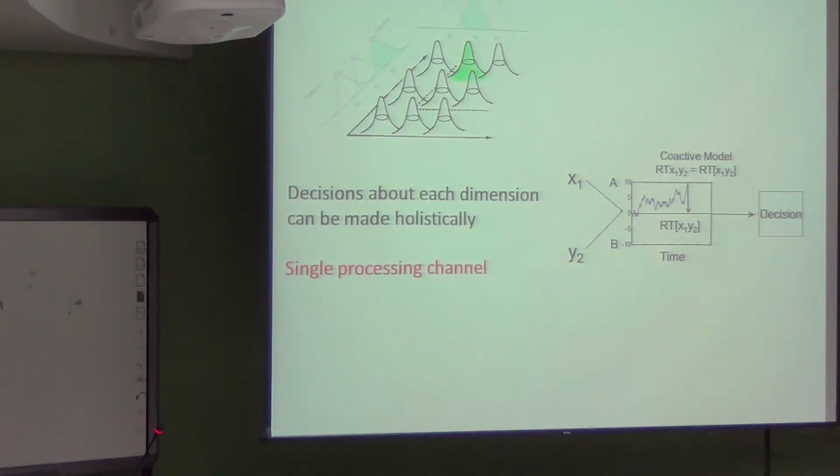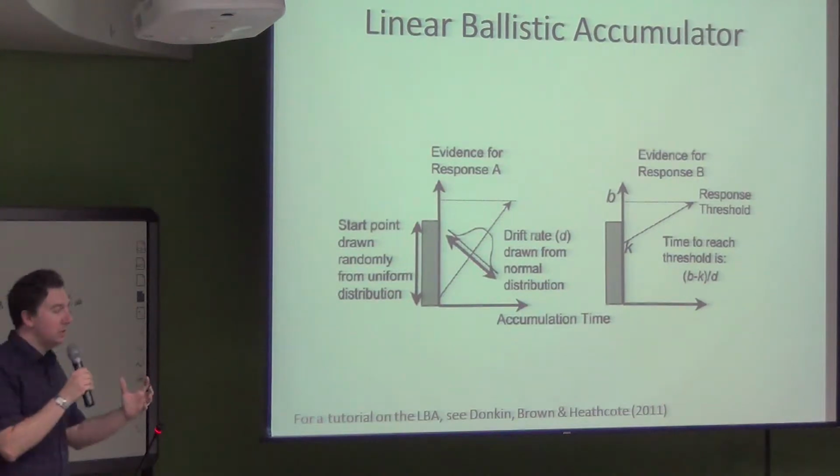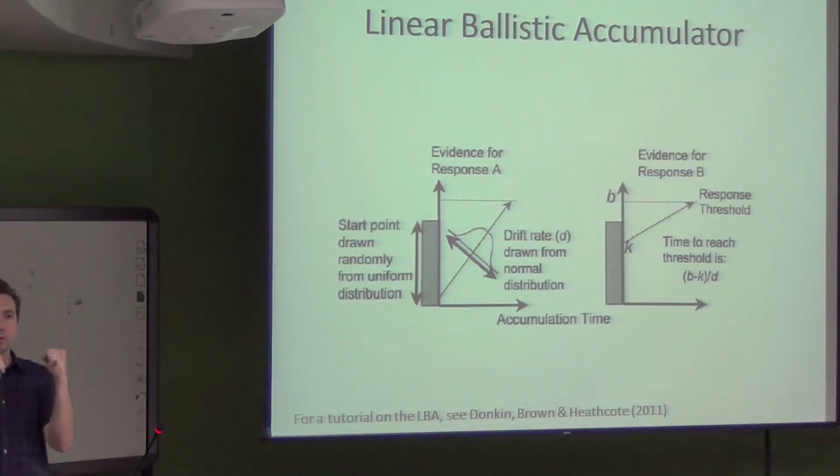The most important one is that in the random walk model, you've got perfect negative inhibition between each of your decisions. So if you take a step up towards one threshold, that necessarily means you're taking a step away from another threshold. In the linear ballistic accumulator, the assumption is that you've got two accumulators which are racing against each other, and a step up towards one threshold doesn't necessarily mean that you're taking a step away from the other threshold. In fact, the linear ballistic accumulator is so nice that you don't even need to go through this stepping process at all.